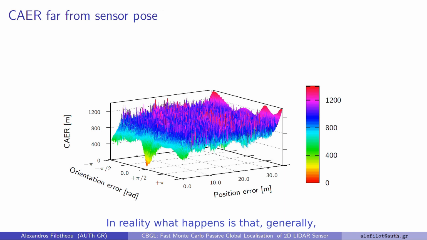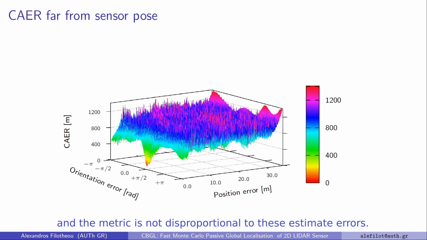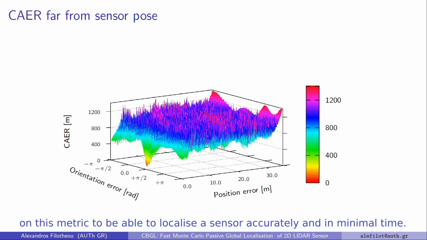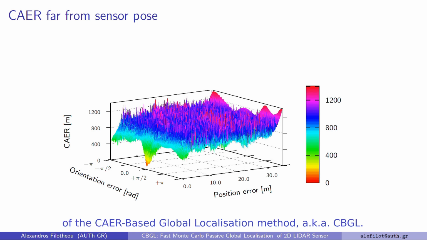In reality, what happens is that generally, outside of this neighborhood, the metric's values are larger than inside of it, and the metric is not disproportional to these estimate errors. These are still sufficient conditions for a solution resting on this metric to be able to localize a sensor accurately and in minimal time. This is the motivation that led to the inception of the CAIR-based Global Localization Method, aka